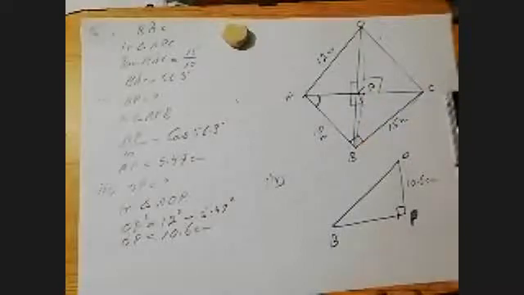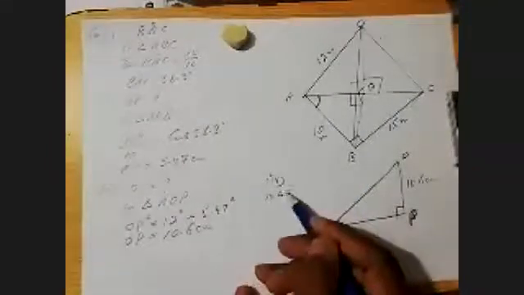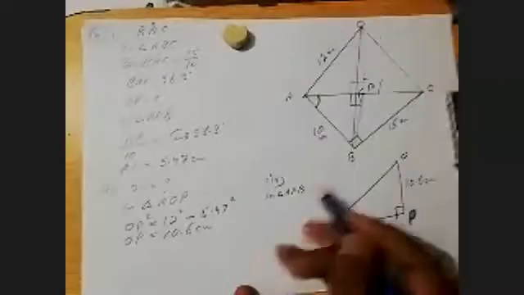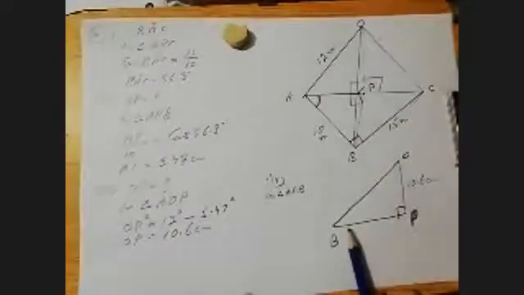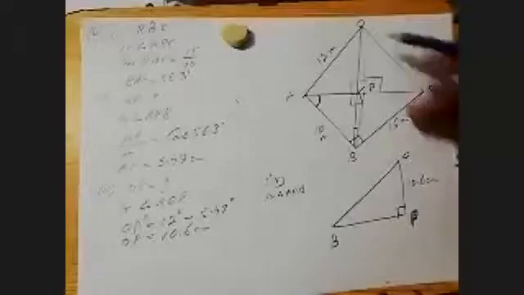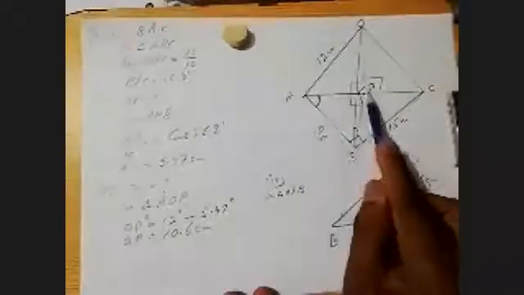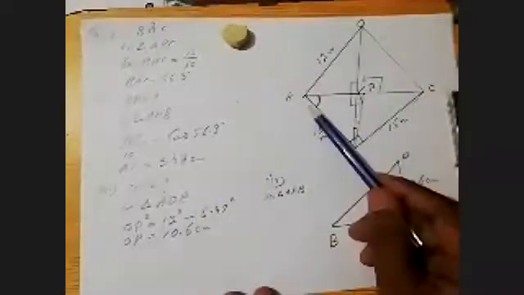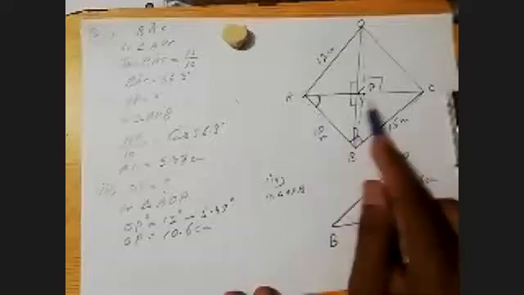Let us find out PB with the help of triangle ABP. In triangle APB, first of all, we are going to find out the side PB, because with the help of the side PB, we can find out this angle, which is made between PB and side OB. The requirement is the angle of elevation of O from B. So PB is required. To find out PB, you have already AP. AP is 5.47, and this is hypotenuse, which is 10, and this is a base. In triangle APB,